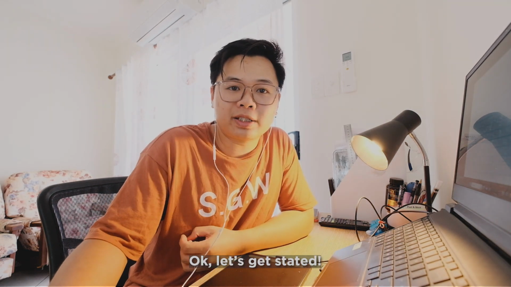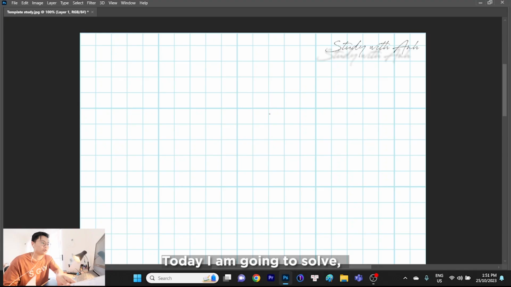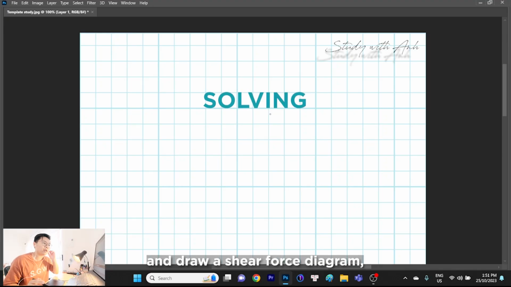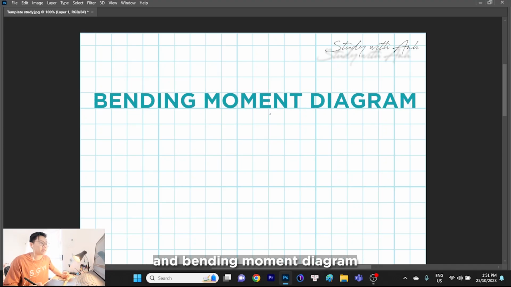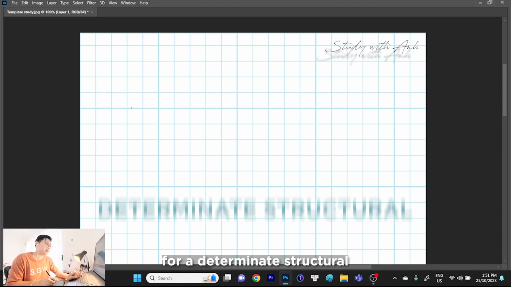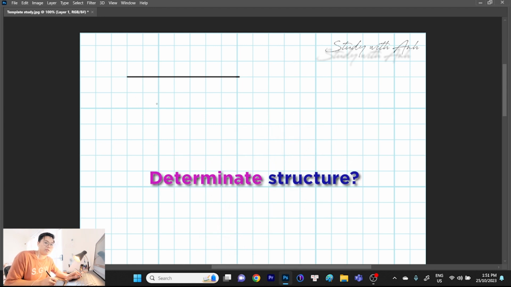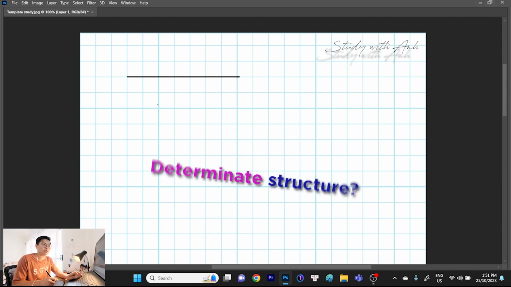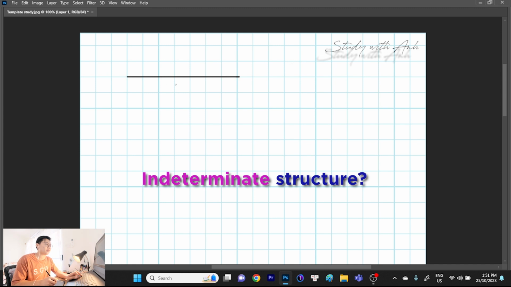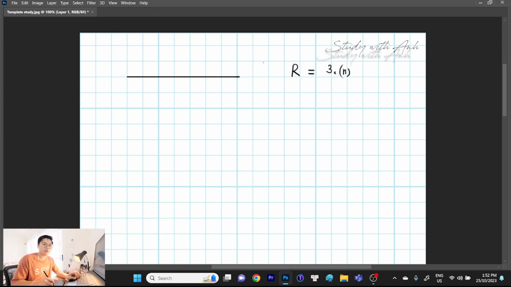Okay, let's get started. Today I'm going to solve and draw a shear force diagram and bending moment diagram for a determinate structure. Before that, I'm going to talk about what is a determinate structure and what is an indeterminate structure. A structure can be called a determinate structure when the total of reactions equals the total of